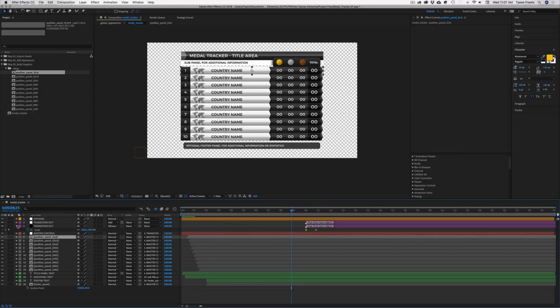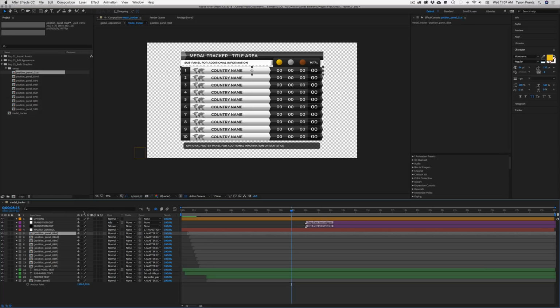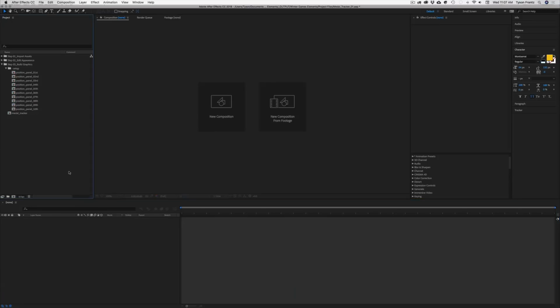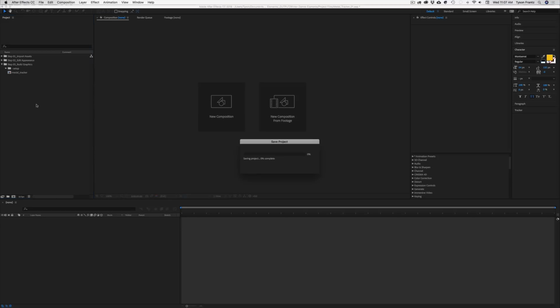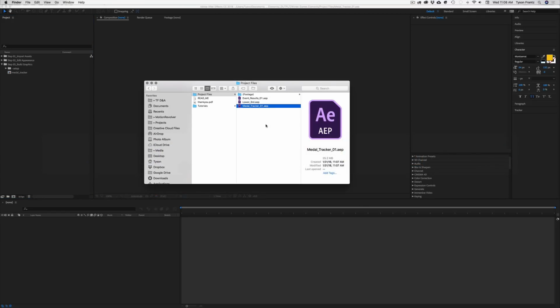I think that pretty much covers everything within the After Effects project. Now, obviously, with there being many dates and many days throughout the process of the Olympics, you're probably going to need more than one metal tracker graphic. So instead of duplicating this composition, the way these projects are set up, you'll need to actually duplicate the After Effects project file itself. So, for example, this metal tracker, if we change this to say day 1, let's say